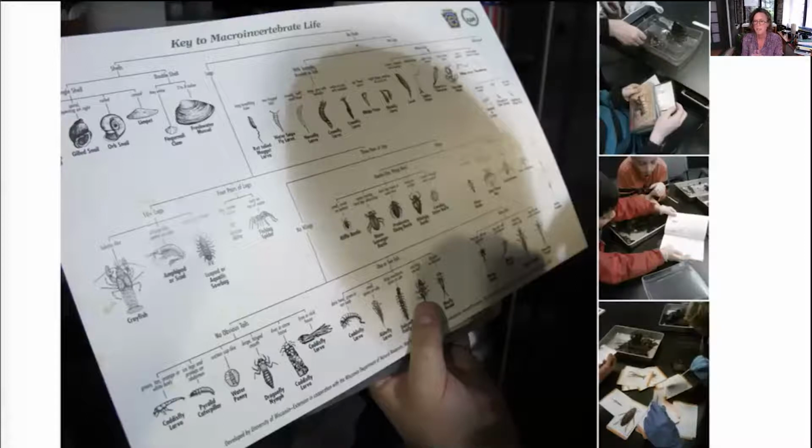And so there's flat keys and there's flashcards and there's guidebooks and so forth. And while they're all wonderful, it's often easy to get lost in a key, take a wrong turn or lose your way. Often what you see in your hand that you've pulled out of a river, a lake, or a stream looks nothing like the photograph or the illustration.